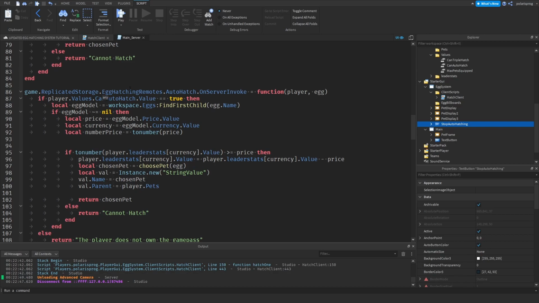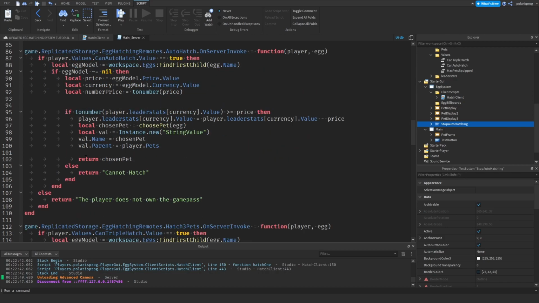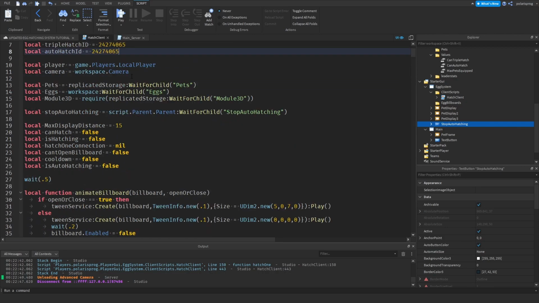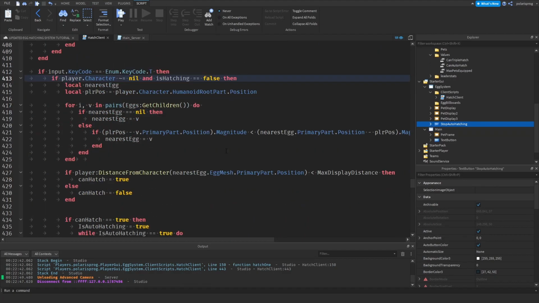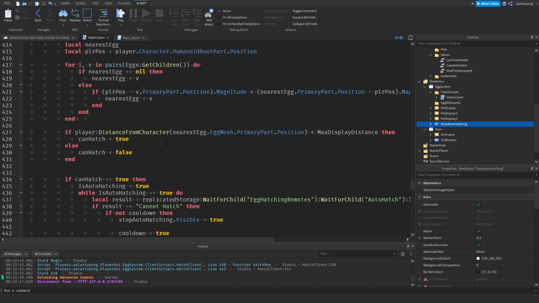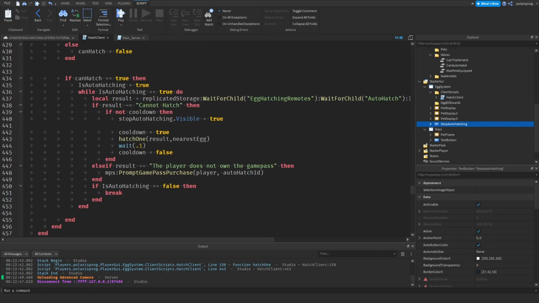And what I'm going to do is we are pretty much checking that's set to true. And then, okay, so I think I know why. In here where we, okay, let's go back to our hatch client script, scroll all the way down here, and what we're gonna do is when we start the loop, we are checking if the result is not equal to cannot hatch,